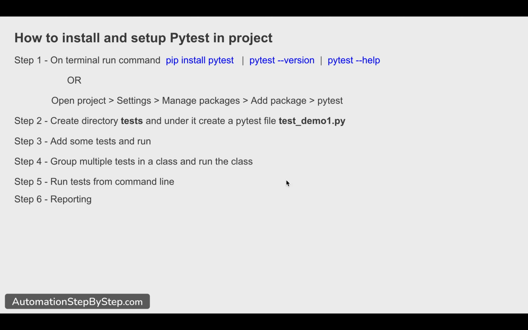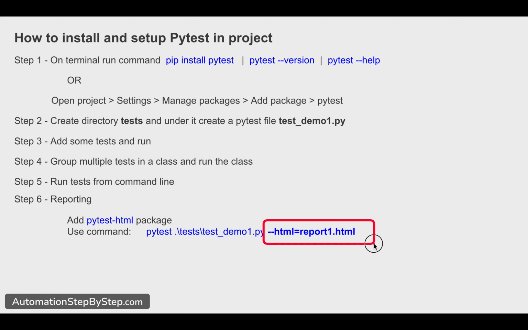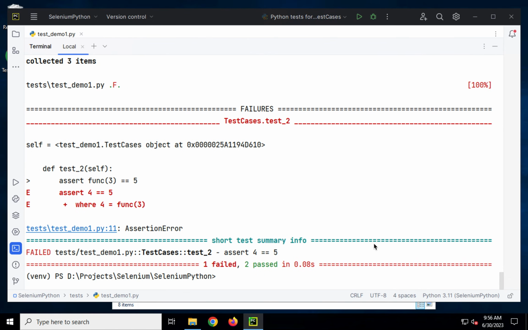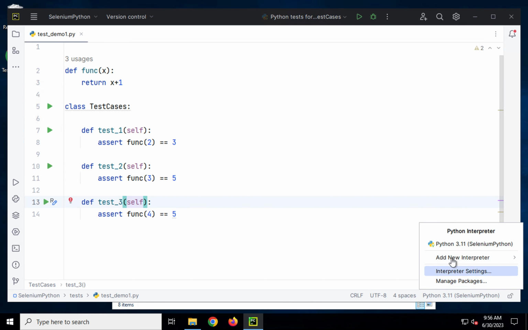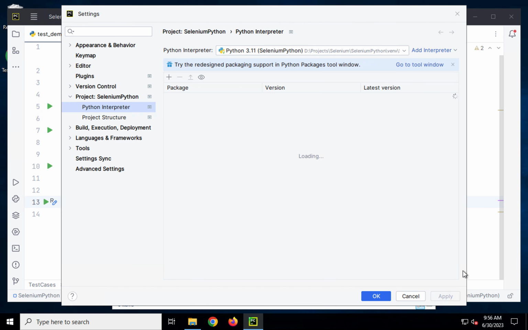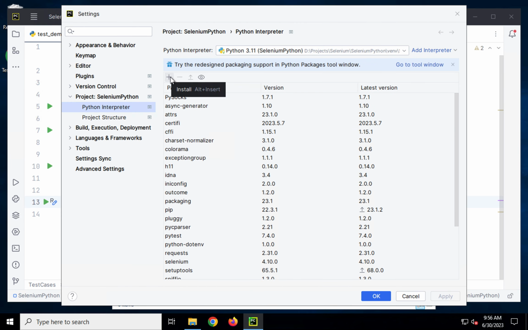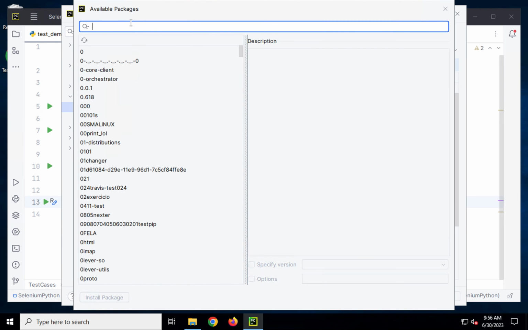Now let us also see the reporting option. We have already seen the inbuilt HTML report, but if you want, you can also add the pytest-html package, and then we can use the option --html and give the location of the report where we want to save the report. So here, let me just go to the packages first. I'm going to the interpreter settings. I will click on this plus button to add a package, and I will search for